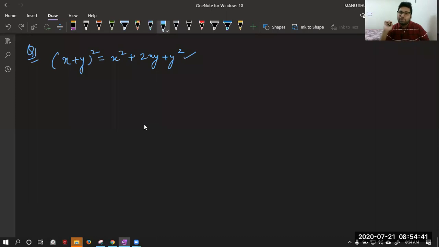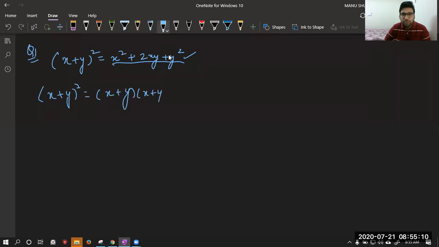It is a simple formula which can be used in the question, that x plus y whole square is the same as x square plus 2xy plus y square. Now, let us understand how this formula came. Do you want to see how the formula came? Yes, okay. Let's see. Can we say x plus y square is the same as x plus y into x plus y? Can we say this, all of you? Just write P. So, all are saying P.